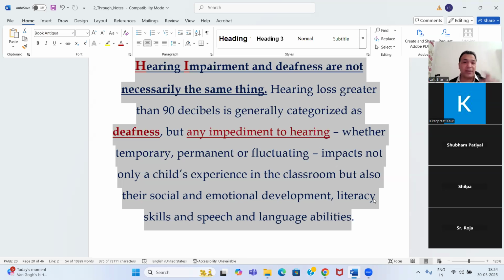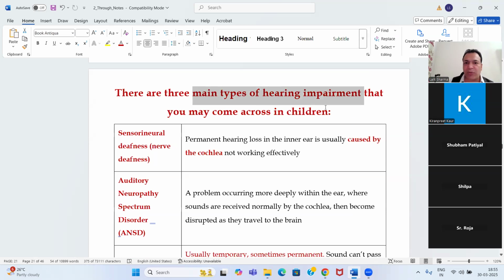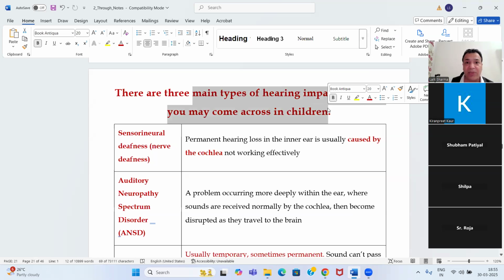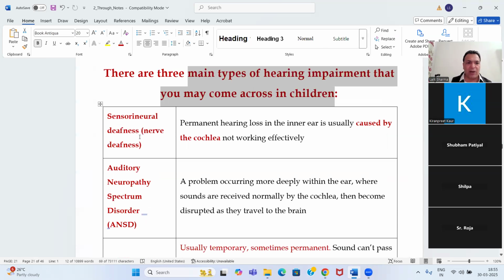So this is why this inclusive education topic has come into the B.Ed course, because you are going to become a teacher. All right, there are three main types of hearing impairment. You should be aware of that. Three types of hearing impairment. One is called,